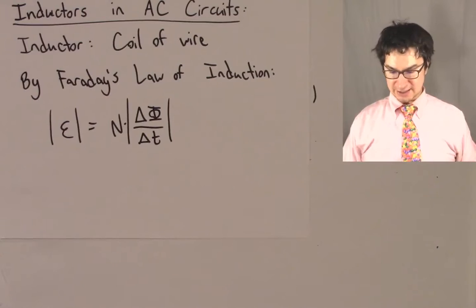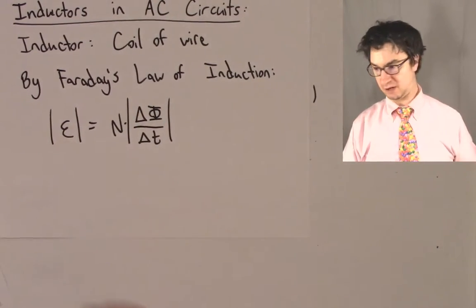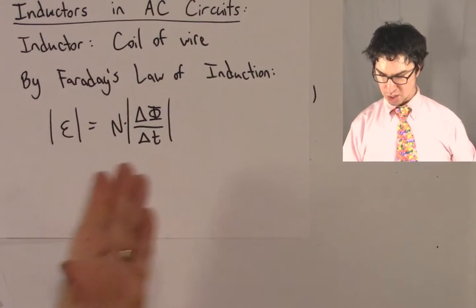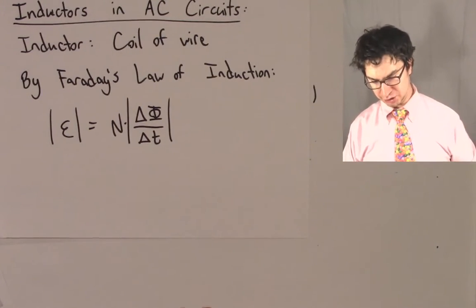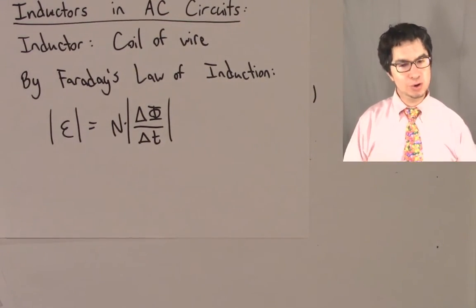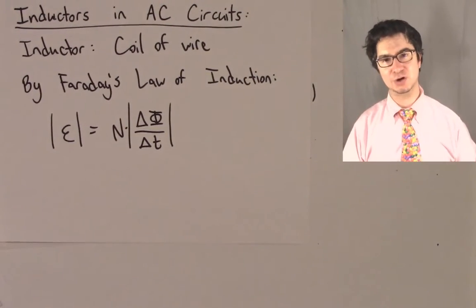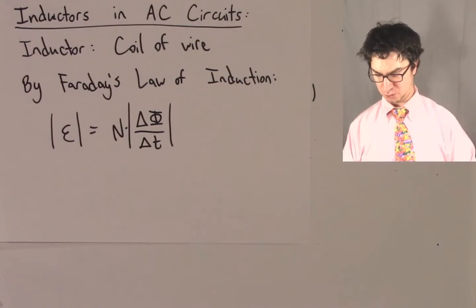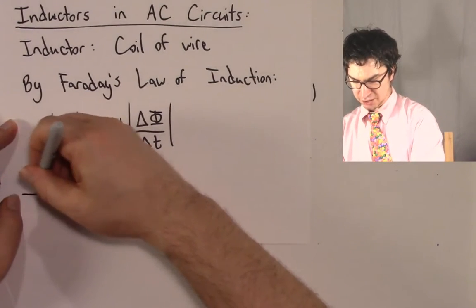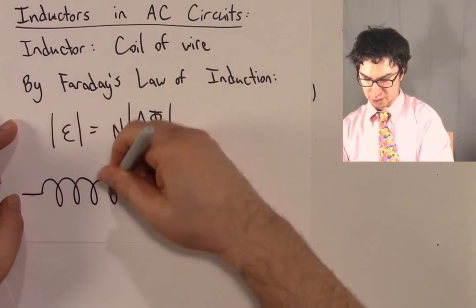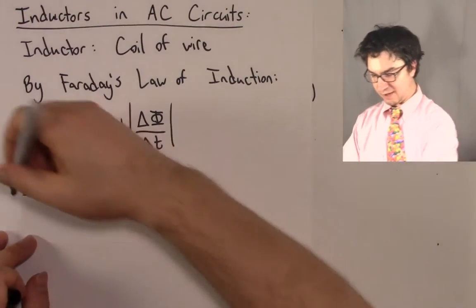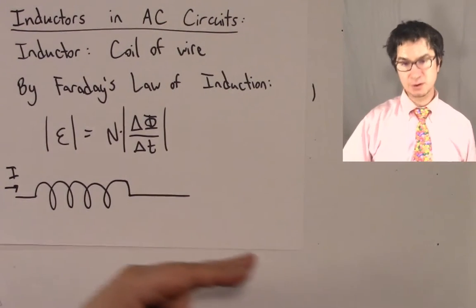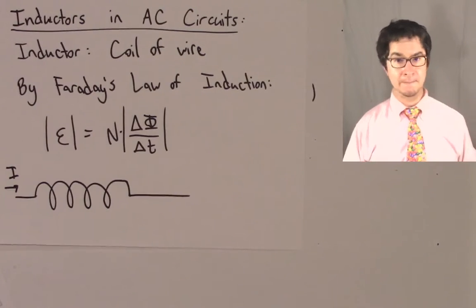So what this means is if you have changing magnetic flux, it's going to produce an EMF. And we talked about how as the current changes, that's going to produce its own magnetic field inside the coil. Okay? So let's say you're increasing the current forward. If I were to draw an inductor, here's an inductor, right? It's just a coil of wire. That's all it is. And if I were to have a current flowing this way through the inductor, I'm going to induce a back EMF